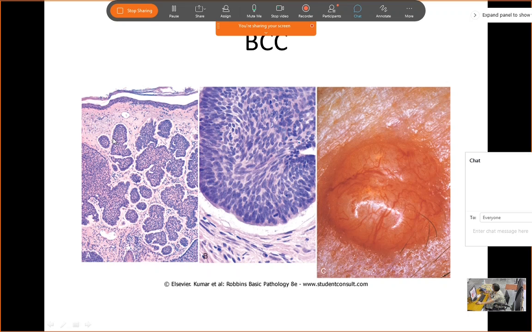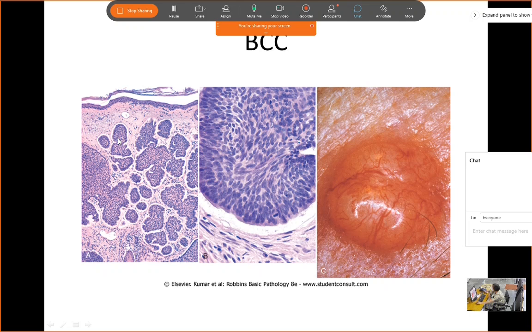And what I hope you can appreciate is, if you look at this island, can you see that the periphery is sort of palisading? If you draw this, you will draw that the nuclei are palisading. You'll put dots in the center, but at the periphery, you will draw that they look columnar and they are palisading. That is peripheral palisading, which is an extremely important point for you to remember for basal cell carcinoma.